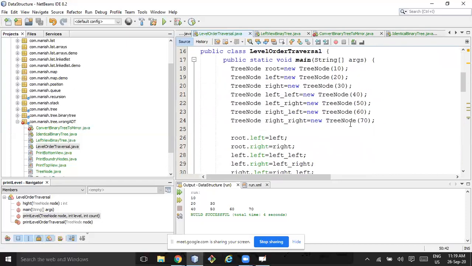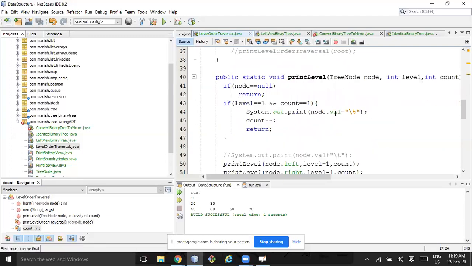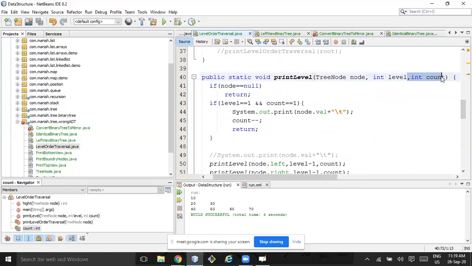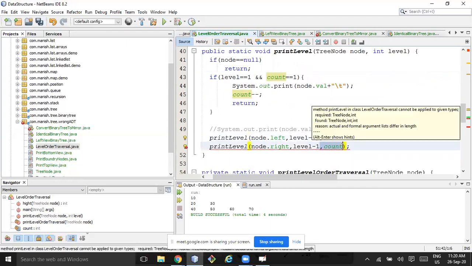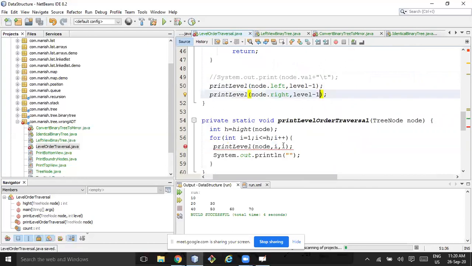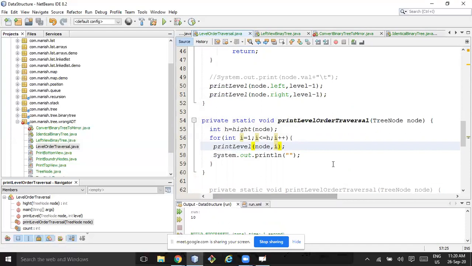It should work because the count is 1. It printed once, and after that, gone.